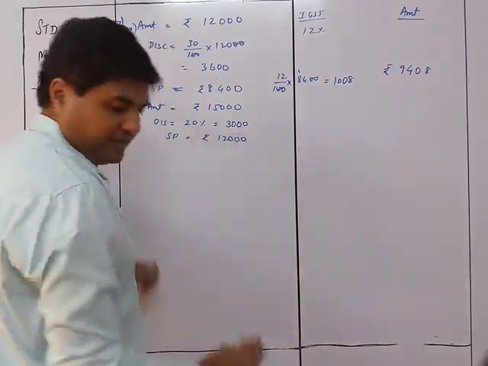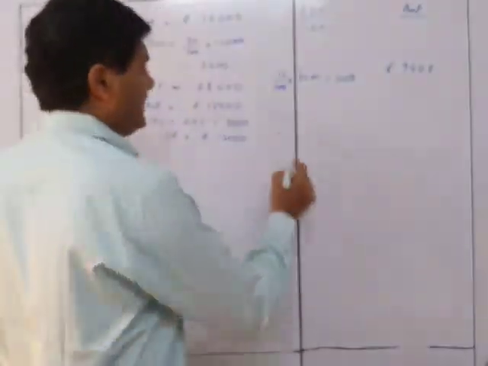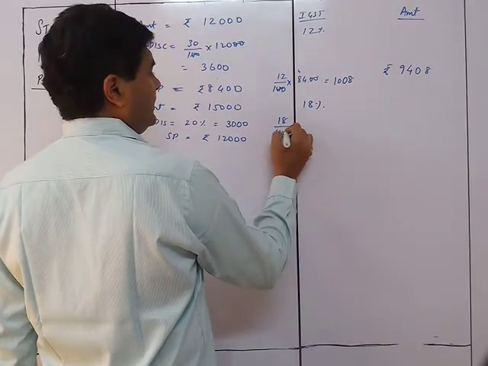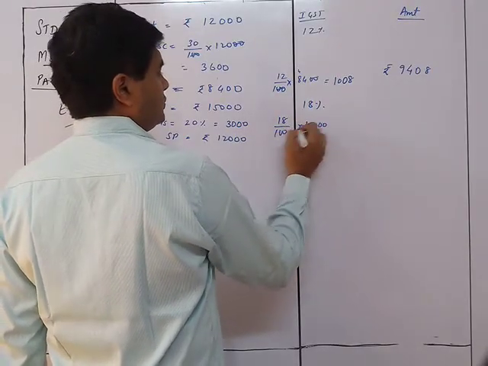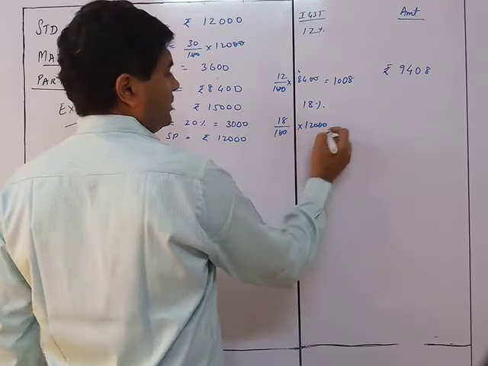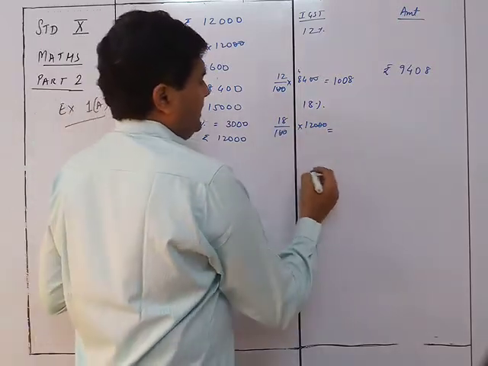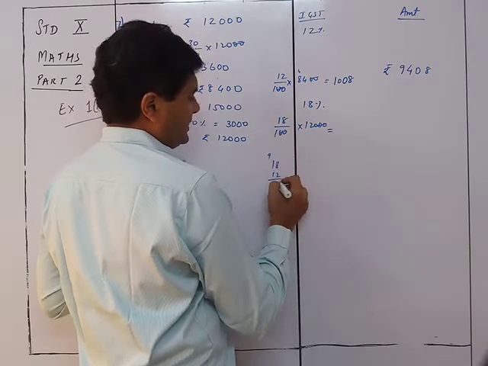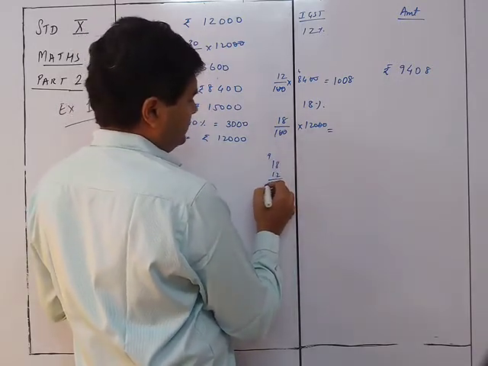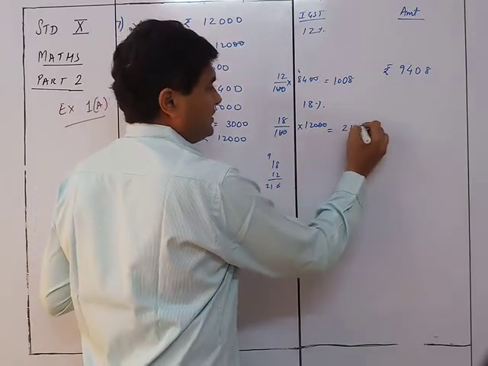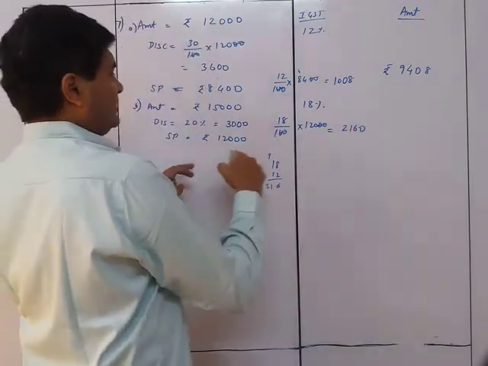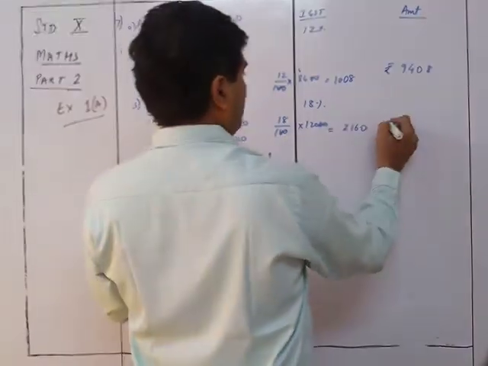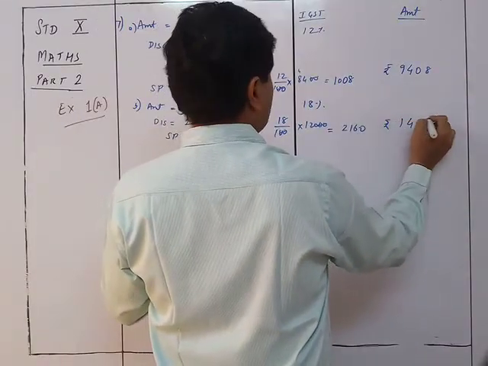Now the GST is given as 9%, so it will be 18% IGST. So it will be 18 upon 100 into 12,000. So that will be cancelling here. So it will be 18 into 12. So 18 and 12, 12 8s are 96 and 12 plus 9 is 21. So it is 2160. So accordingly the addition of this two will be 12,000 plus 2160, so it will be rupees 14,160.